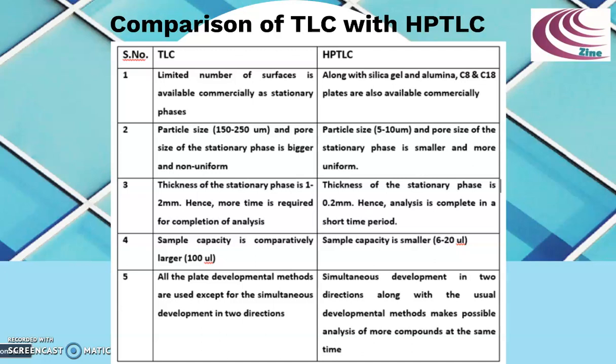As in TLC, ascending, descending, circular and horizontal developments of plates are possible in HPTLC also, but in addition, a simultaneous flow from opposite directions may also be applied in HPTLC. This is possible because the sample can be spotted in 2 rows at the center of the plate and the mobile phase is passed in 2 opposite directions. Thus, this technique essentially doubles the number of samples that can be run at a time as compared to TLC. As many as 20 samples can be analyzed at a time per plate by using the technique of HPTLC.